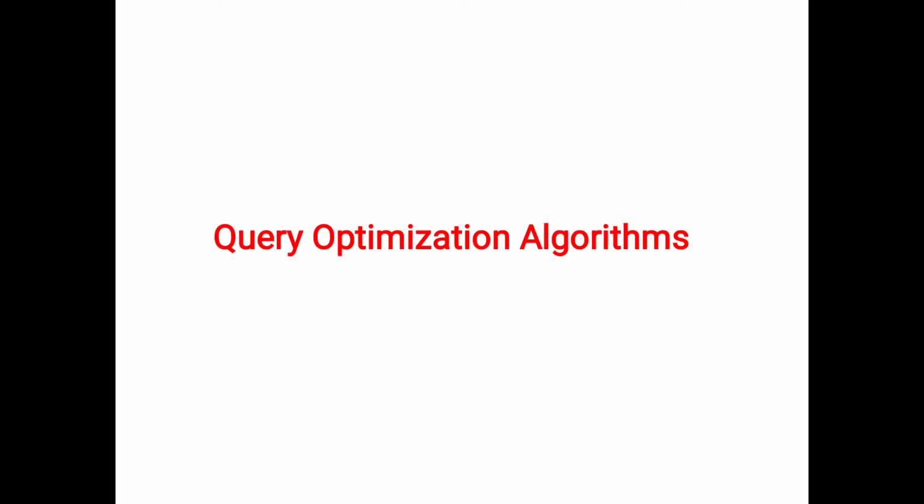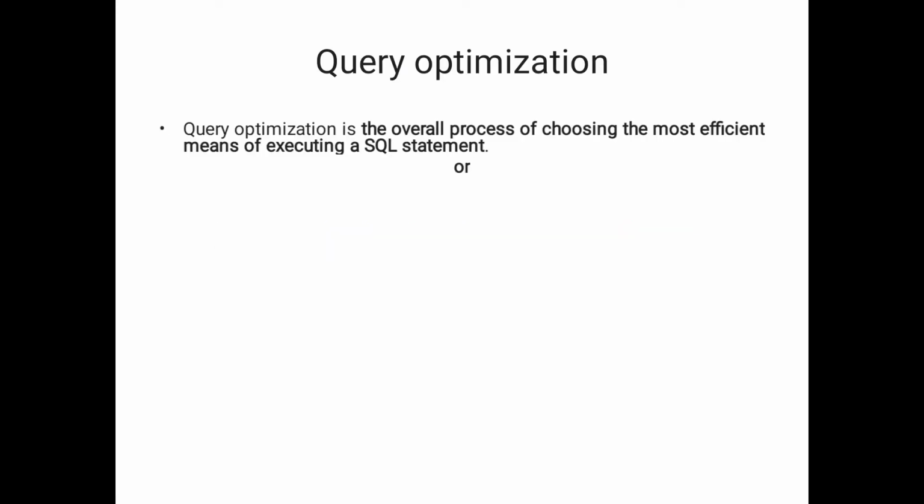In today's session, we will discuss query optimization algorithms in database management systems. Query processing and optimization algorithms play an important role at the time of queries. Our queries are converted into relational algebra expressions. After that, with the help of some optimization algorithms, the query is processed. Now we will see what the different types of query optimization algorithms are.